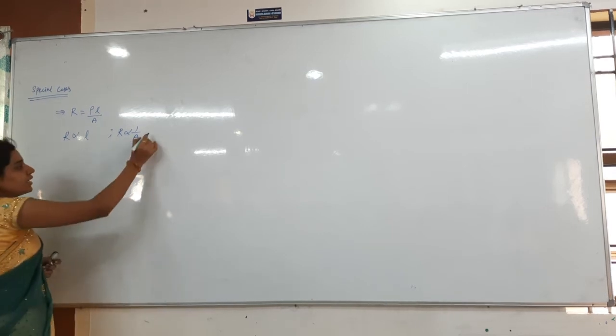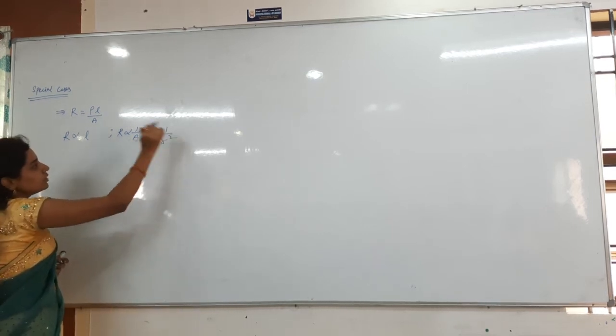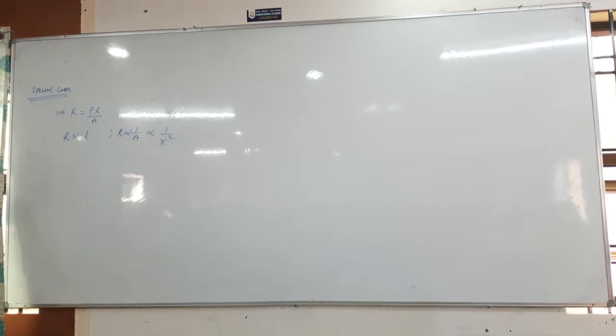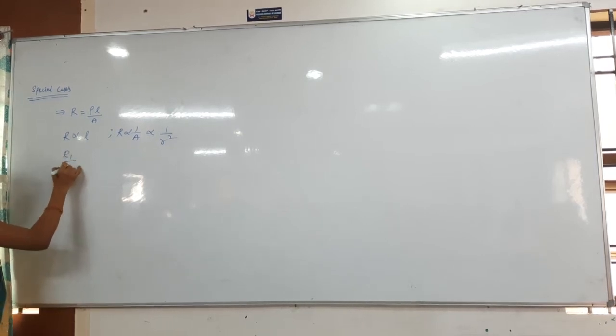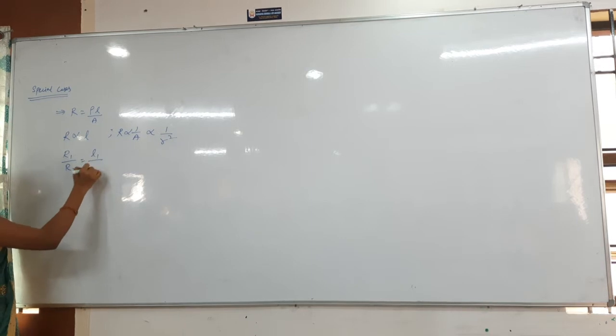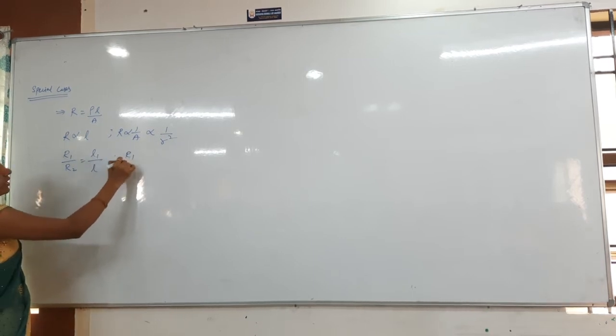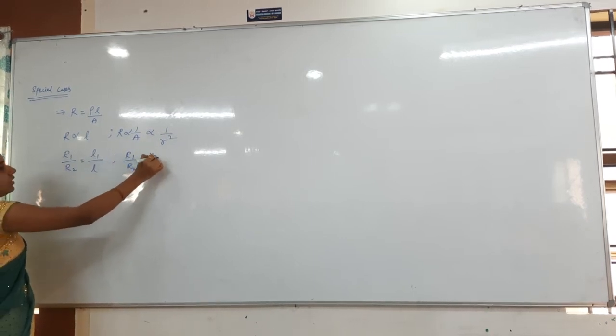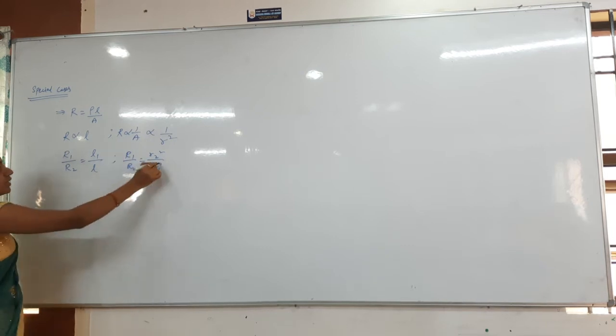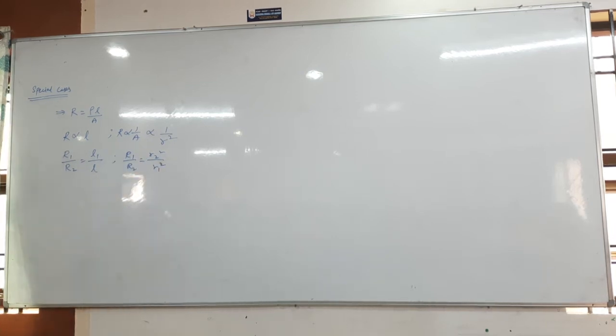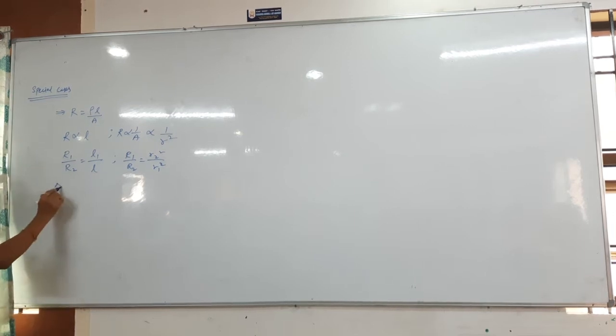Instead of area, what can I write? Inversely proportional to the square of the radius, r square I can take. From that we got the relation that R1 by R2 is equal to L1 by L2, and here R1 by R2 is equal to r2 square by r1 square. And also from that I said the change in the resistance. What is that? Delta R by R is equal to